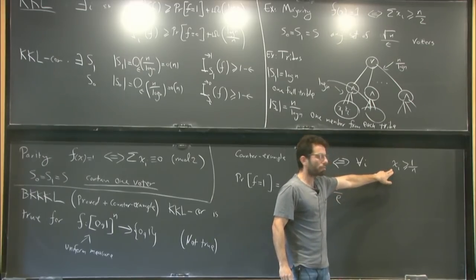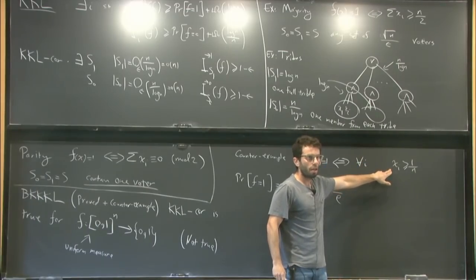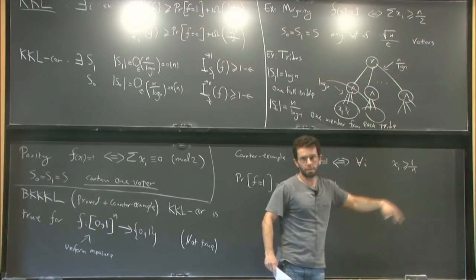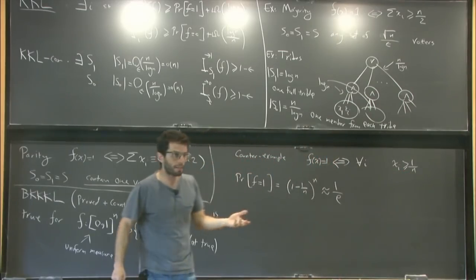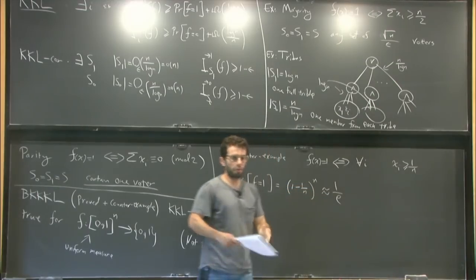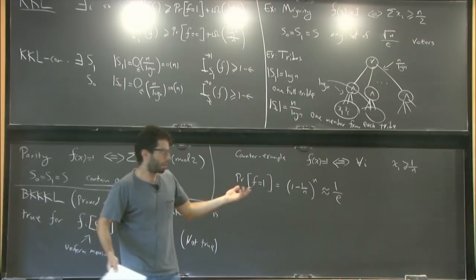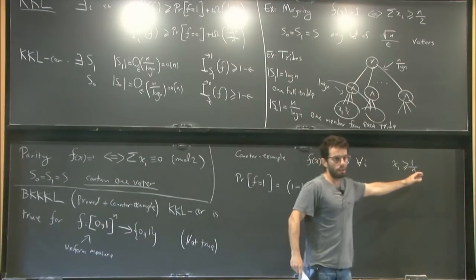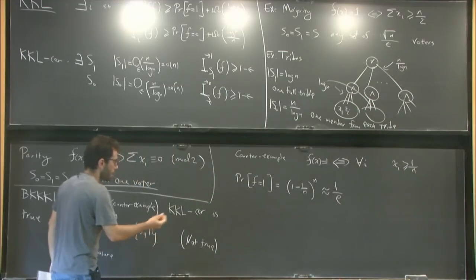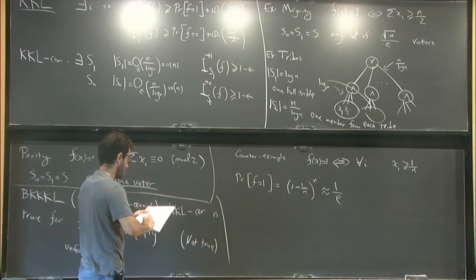it's very hard to make the expected value of this function close to 1, because most variables are already satisfying this condition. The chance that you are above 1 over n is very high. So if you pick a small coalition of voters and they vote something above 1 over n, it's really not telling us much because it's already kind of happening in reality. So let's do the math actually instead of